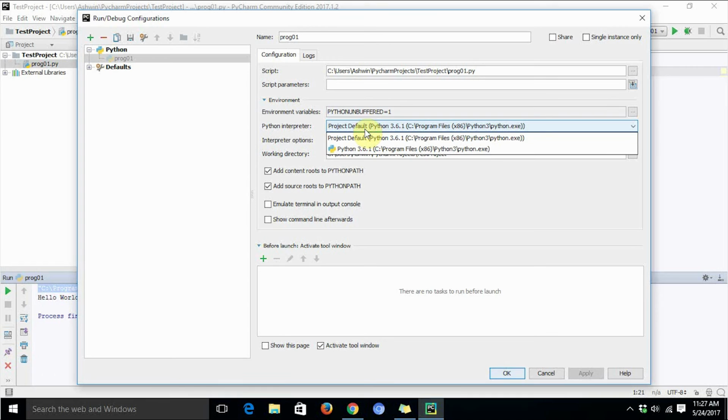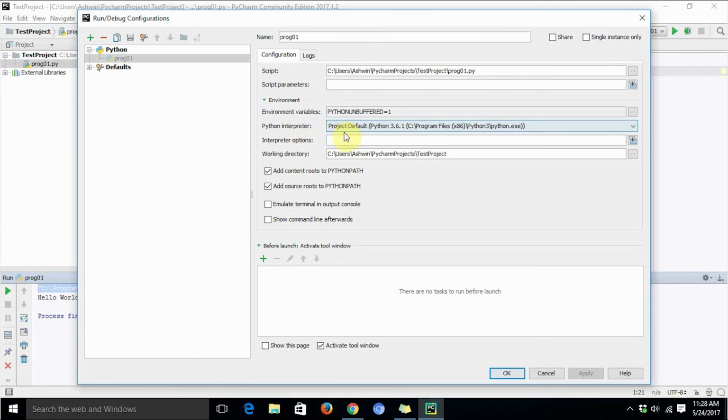As of now, I have only Python 3.6.1 installed on my Windows PC, so it is showing me only one option. But many people have multiple Python interpreters installed on their system for checking the compatibility of their code between the Python versions.